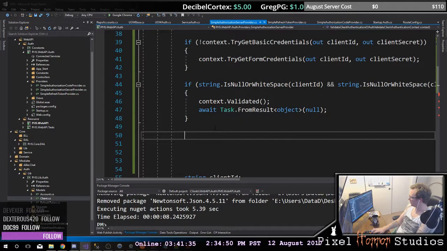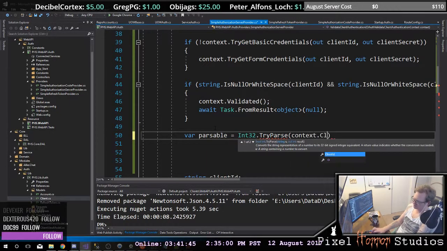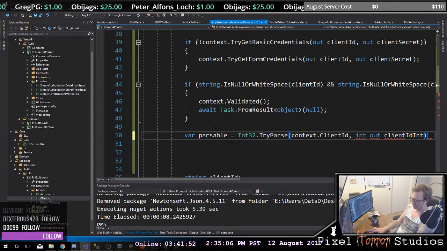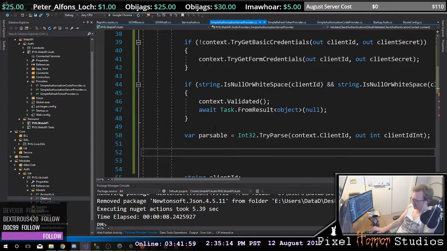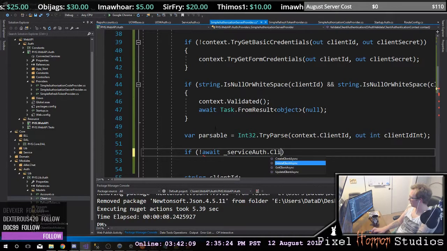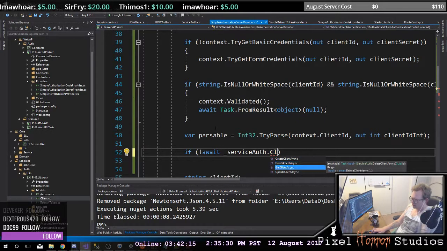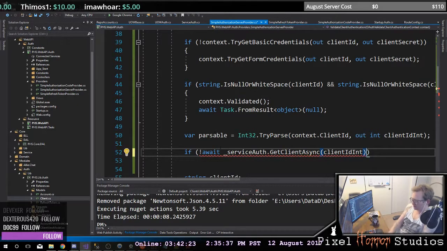Otherwise, now what we need to do is get this parsable, where we're going to try to parse out my context.clientId as an integer. So it's going to be an out client ID integer. Did I get that correct? It's probably out int. It is. Okay. And now I'm going to say that my serviceAuth.client, nope, GetClientAsync, clientIdInt,